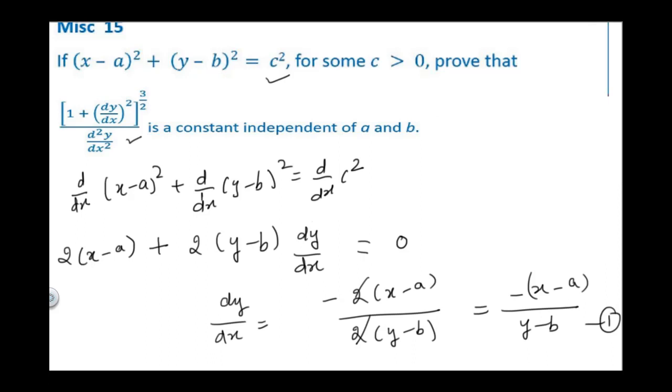Now when you place the values in the expression dy/dx and in the second order derivative, you are going to get the answer in terms of c. (y minus b) in the second derivative will get cancelled with (y minus b), correct. So you have to do the square of dy/dx and then divide it by the second order derivative, whole power 3 by 2. Do not forget to operate with that. So this is how you are going to do question number 15. I think you all can complete it. We'll move to another question now.